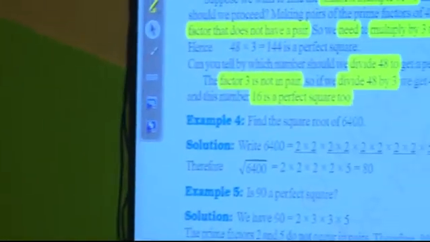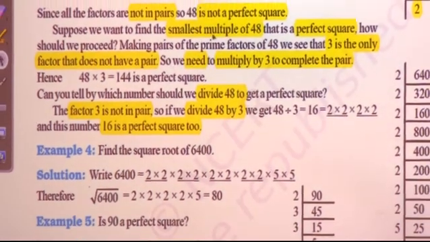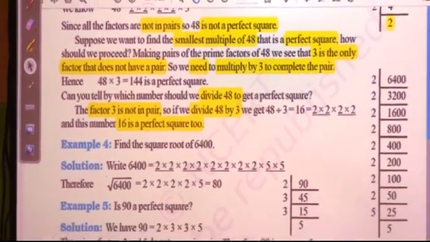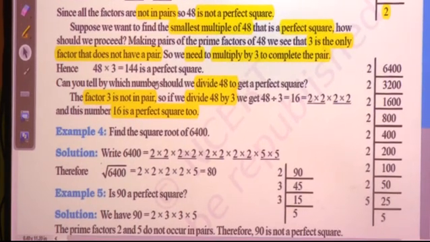In the previous session, we had seen the example of how to find the square root by the prime factorization method, and with that we had seen the conclusion that if a particular value is not a perfect square, by what value we should multiply to make it a perfect square, or by what value we should divide to make it a perfect square.